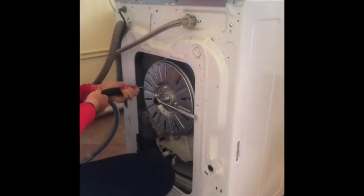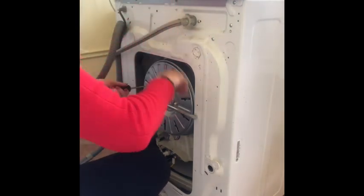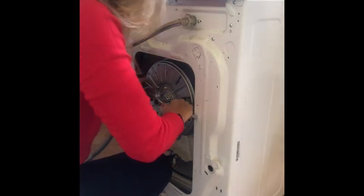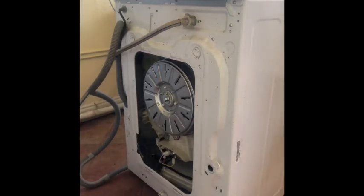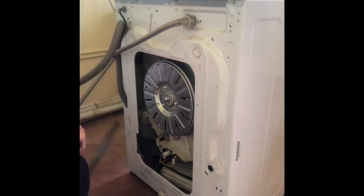So if I put that through there, because this is attached to the drum, every time this moves, the drum inside moves. So getting that last bit of leverage isn't easy. So there we are. What I'm going to do now is leave it here, make sure this pipe is back